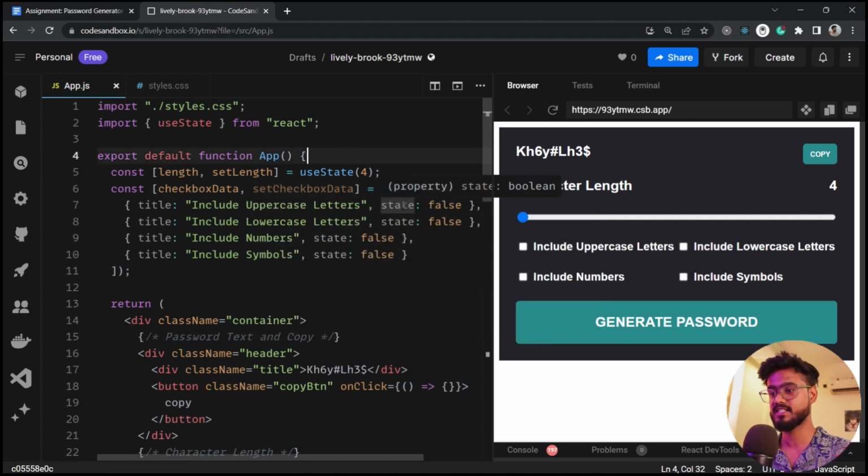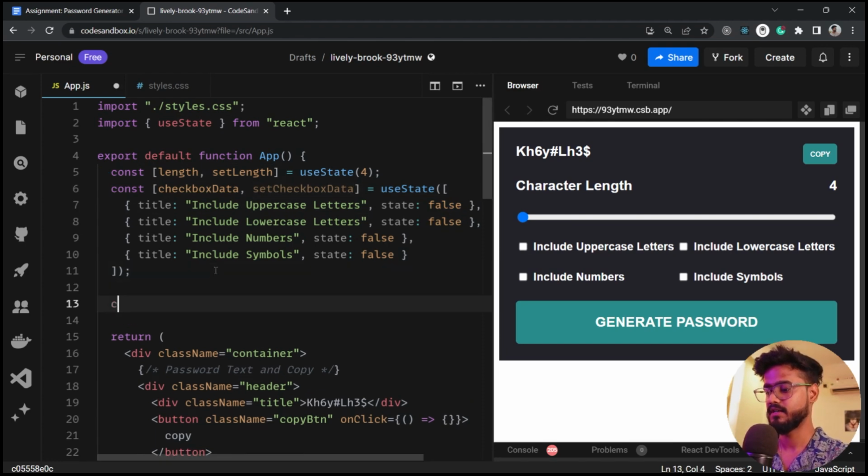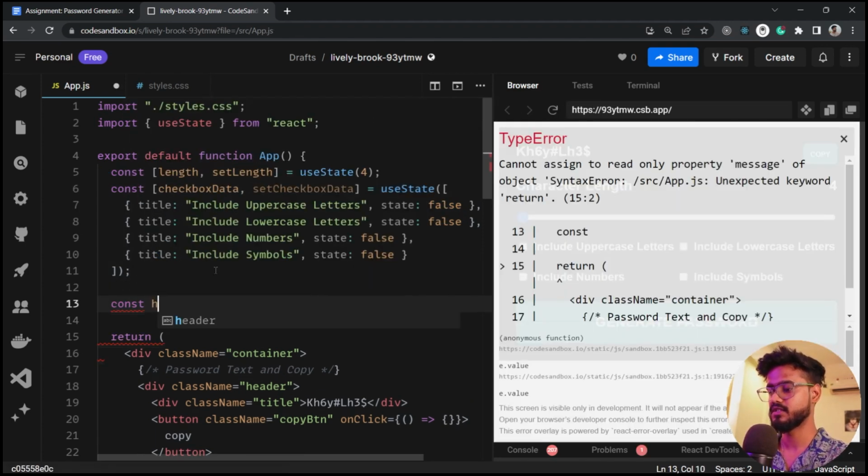We're supposed to change this state. So this state is false. This can be true as well. So if I make this true, you're going to see this is now true and this is now selected, right? That is what we're supposed to do, but we're going to do this dynamically, not by changing the initial state. So let's take this set checkbox data, and I'm going to create a function over here, const